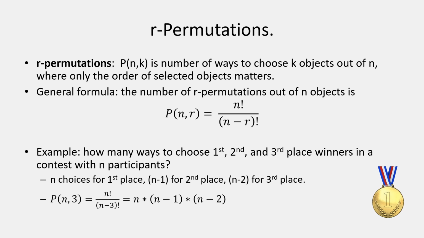So in general, here is the formula. The number of r-permutations out of n objects. It's r because we are selecting r out of n people, and it's permutation because we care who gets which office, is n factorial divided by n minus r factorial. That is the number of all possible permutations divided by the number of permutations of people assigned to offices that we don't care about. So here is another